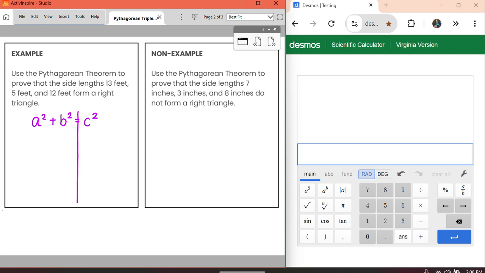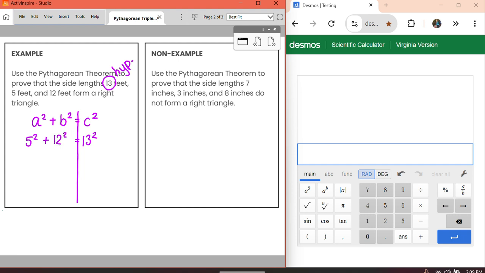I'm going to draw a line like this is one of those regular equations that we solve. The thing is, you can't just plug in any number where you want. You have to pick the largest number, which in this case 13 is the largest, and you have to plug that in for your hypotenuse. All right, and if you remember, the hypotenuse is the letter C. So in place of C, I'm going to put a 13, and I'm going to put that little squared there. And then the two others, the 5 and the 12, actually don't matter. Those are called the legs, and they don't matter which one goes where,